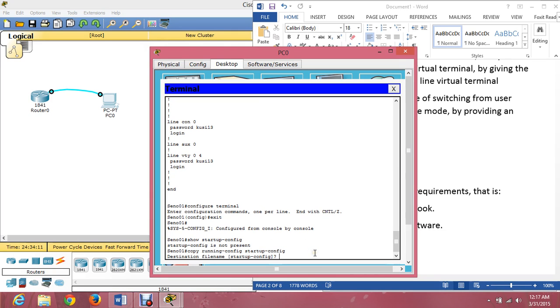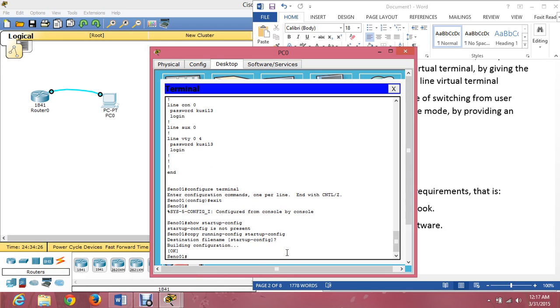The system will ask us for the destination filename, startup-config. It means the filename will be startup-config. If you are sure, just enter. Great guys, we have a startup configuration.